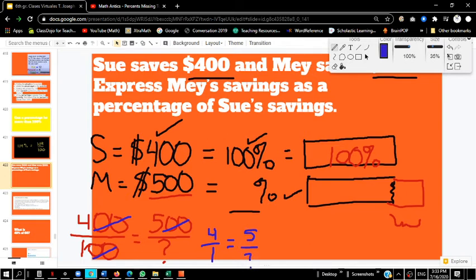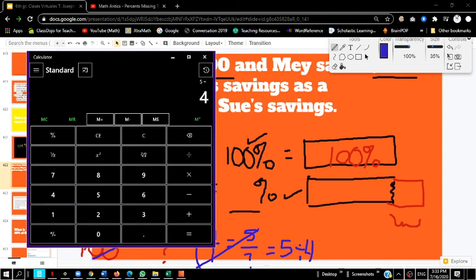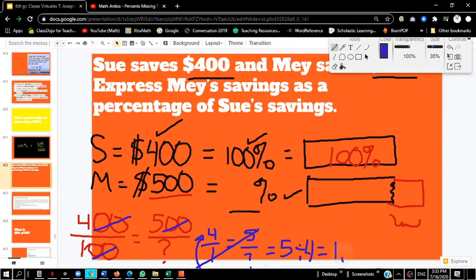Okay, I'm going to cross multiply and then divide. Okay, so 1 times 5 is 5. And then I'm going to divide by 4. Okay, 5 divided by 4. 5 divided by 4 is, I believe, 0.25. Let me just make sure. 5 divided by 4 equals, okay, here we have 1.25. All right, so this is actually going to be 1.25, which equals